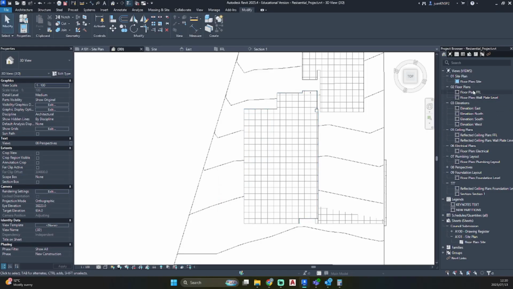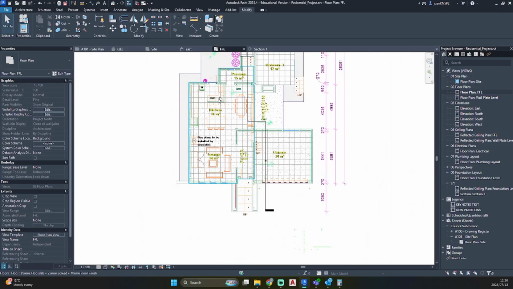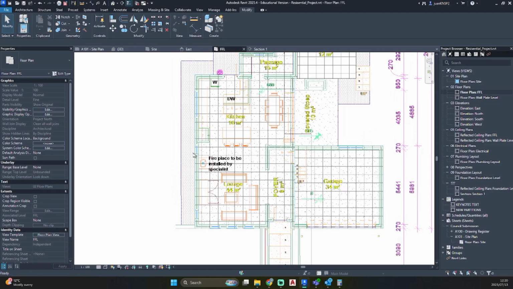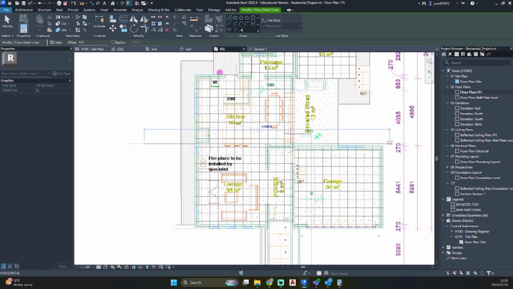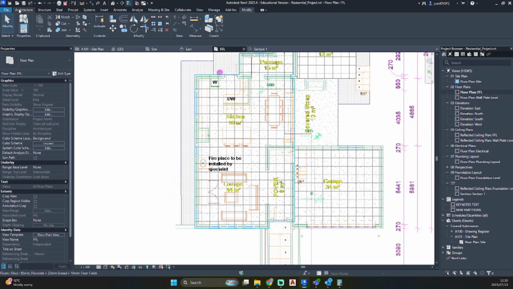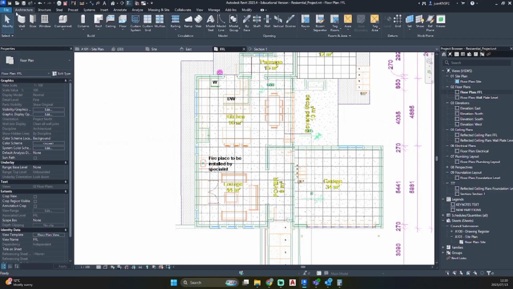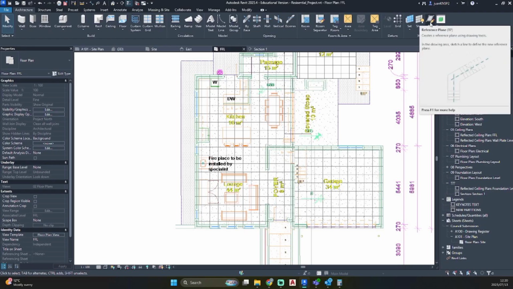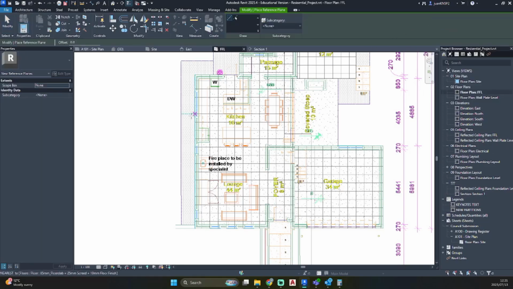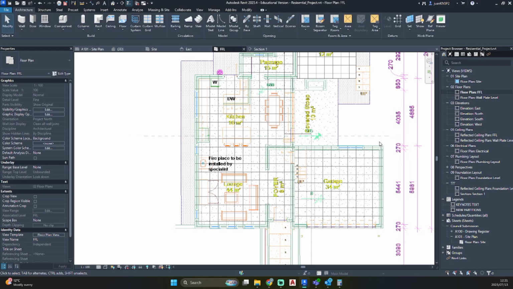So I'm going to go into my floor plan view. DL for detail line. I'm just going to, let's rather draw in a reference plane. If we go to the Architecture tab, right on the right hand side there is a reference plane button. So let's click on that. Just click on the widescreen, drag and click again. Press escape.